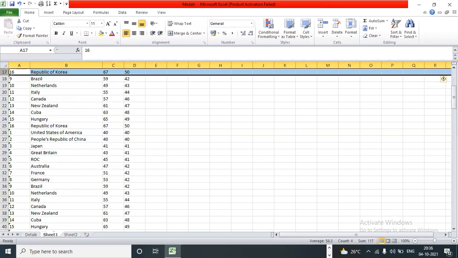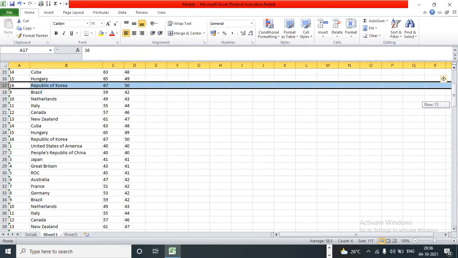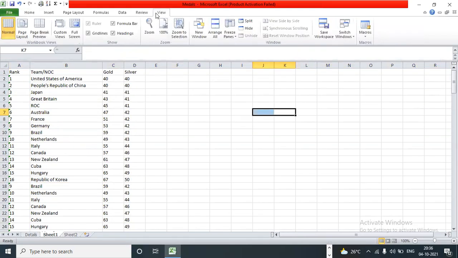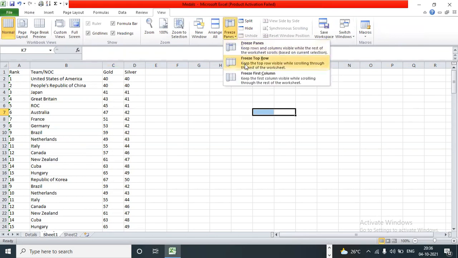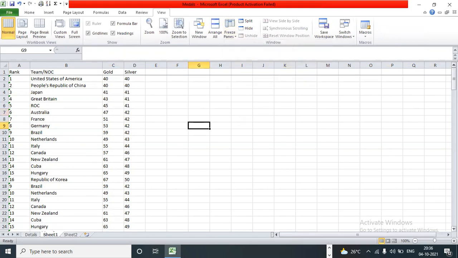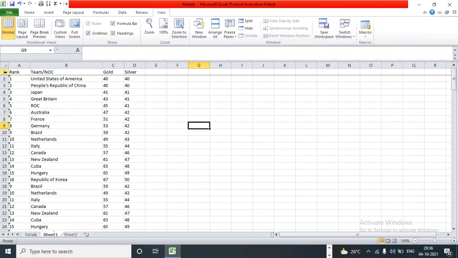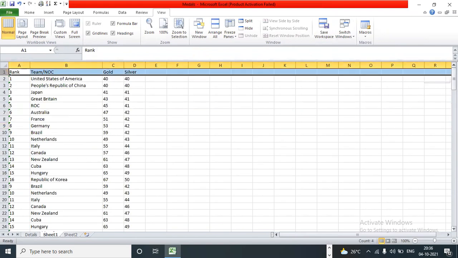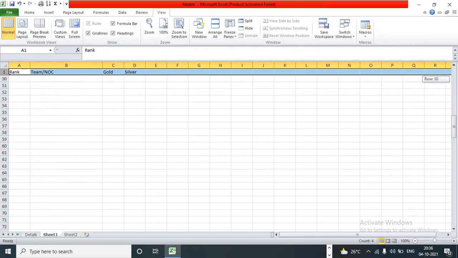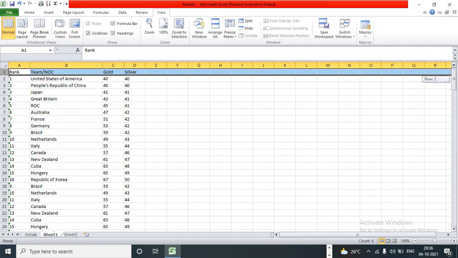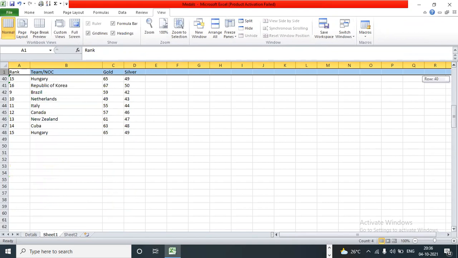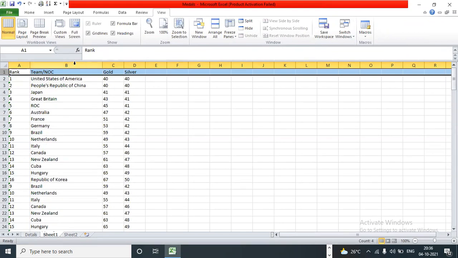You can't see the first row. So what we can do, just go to the view, freeze options, freeze the top row. Now if I scroll down, is the first row moving? Yes, no? Guys? Yes, sir. So you can freeze it.